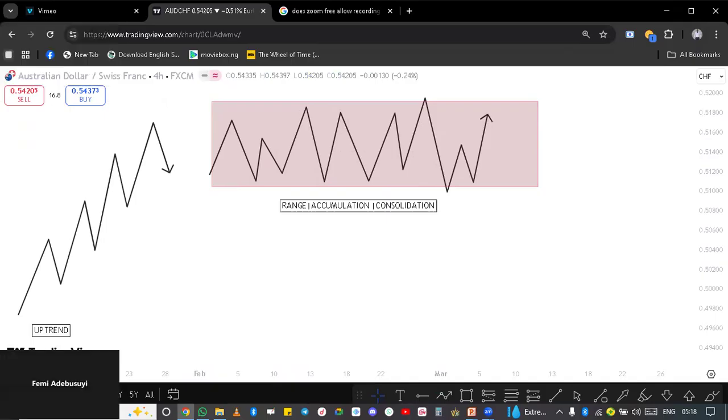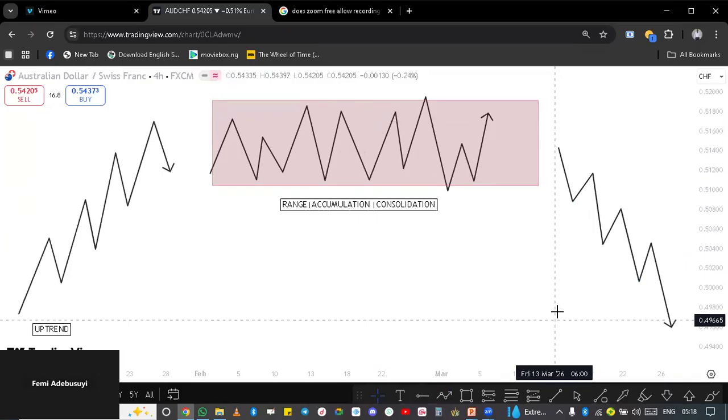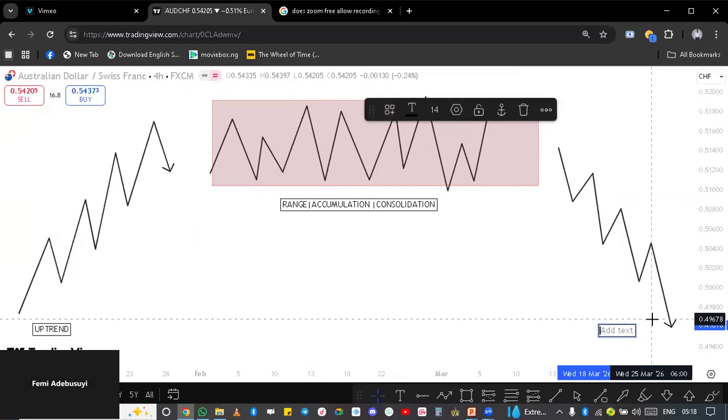And lastly, we have the downtrend, which is this. So these are the three phases of price movement: the uptrend, the downtrend, and the consolidation or range. Now, it is very important that as traders we are able to tell exactly what is happening